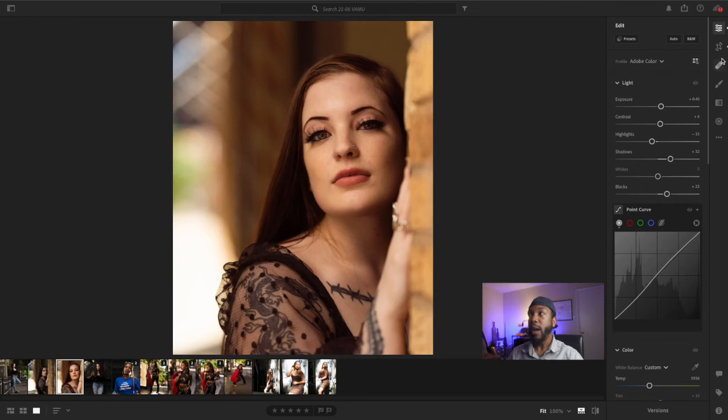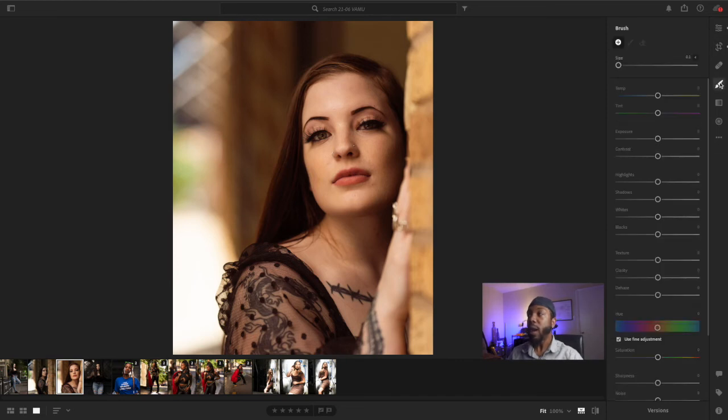Now, the next thing that I want to do is to add a little more life to her eyes. And the way to do that is by using a brush tool. So if you look on the right hand side of these icons here, underneath of the crop section, there's a band-aid, and there's a little brush tool here. So I'm going to click the brush, and this is going to look very similar to my adjustment sliders up top. However, with the brushes, wherever you paint over, that is the area of the image that is going to be affected. So I'm going to bring up my exposure,